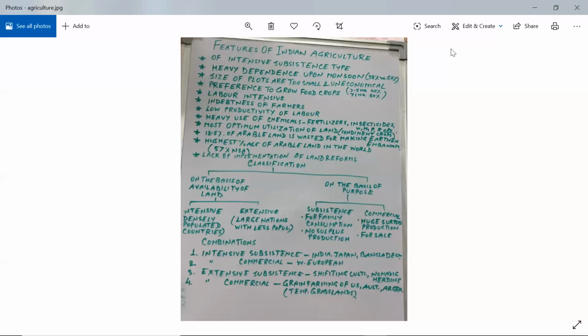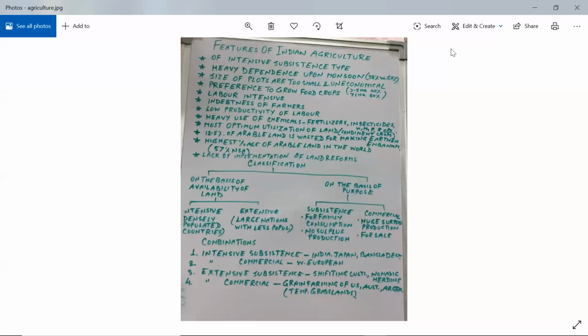And there are 5 patches: prairies in North America, pampas in Argentina, downs in Australia, veld in South Africa, and steppes in Eurasia. These 5 patches of temperate grasslands, they are the best examples of extensive commercial grain farming, where primarily wheat is grown.